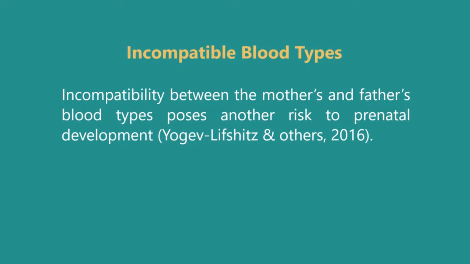Incompatibility between the mother's and father's blood types poses another risk to prenatal development. So if a pregnant woman is Rh negative and her partner is Rh positive, the fetus may be Rh positive. So if the fetus blood is Rh positive and the mother is Rh negative, the mother's immune system may produce antibodies that will attack the fetus. So this can result in any number of problems like miscarriage or stillbirth, anemia, jaundice, heart defects, brain damage, or